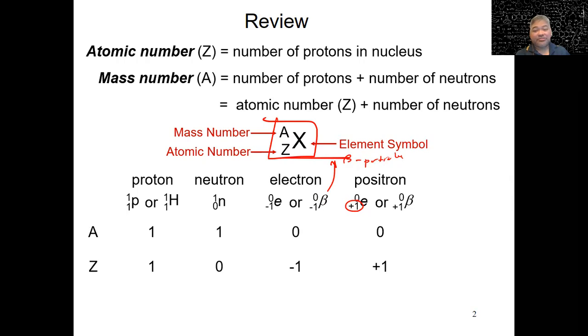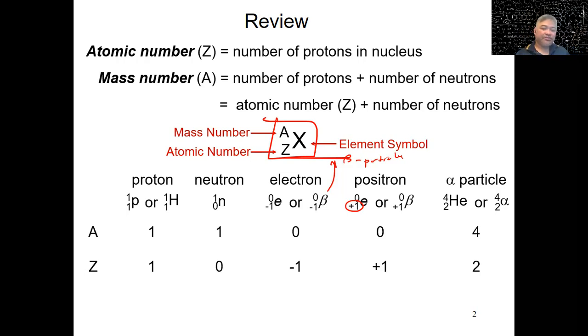A combination of the words positive electron. And last but not the least of these fundamental particles that we have is the so-called alpha particle, which is just helium. Okay, it has an atomic number equal to 2 and a mass number equal to 4. Okay, so